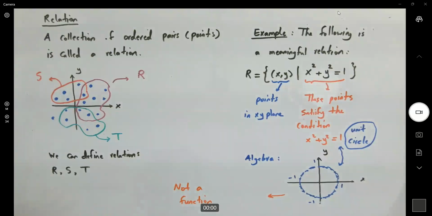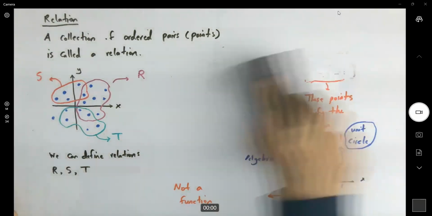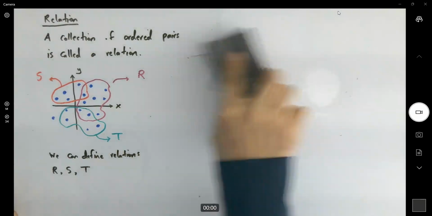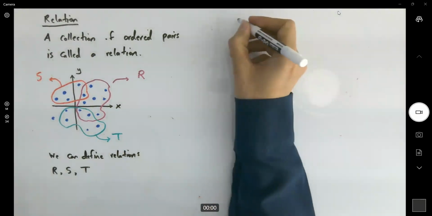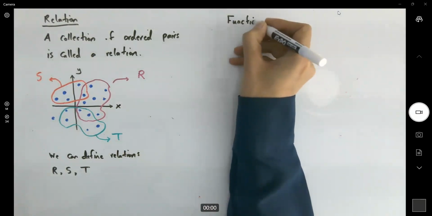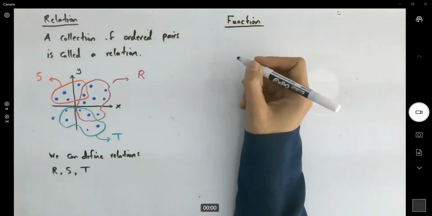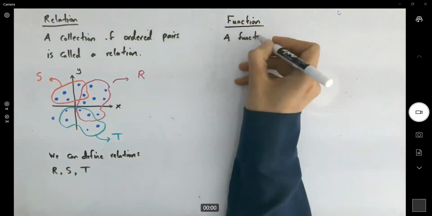So now by adding a new condition, we're going to define a function. So let us move on to the definition of a function. I'm writing them side by side so you see the difference between them. A function like f